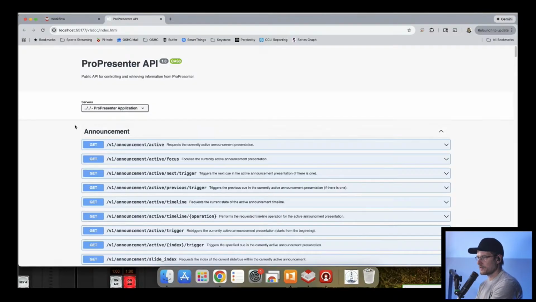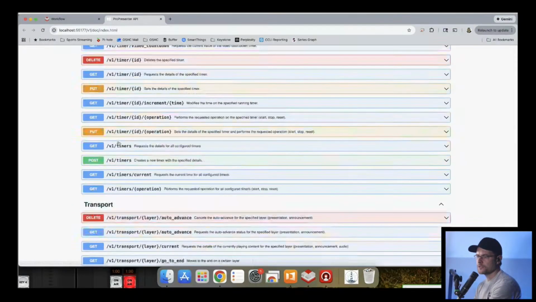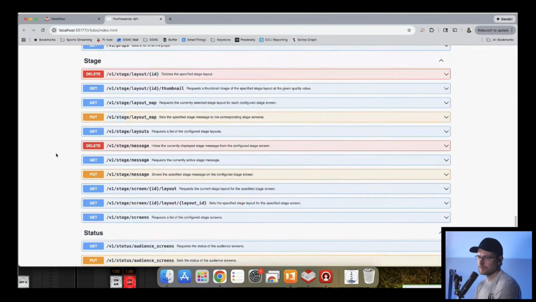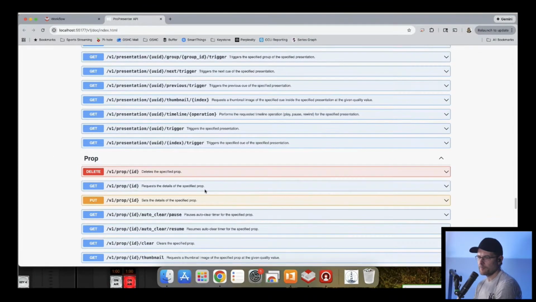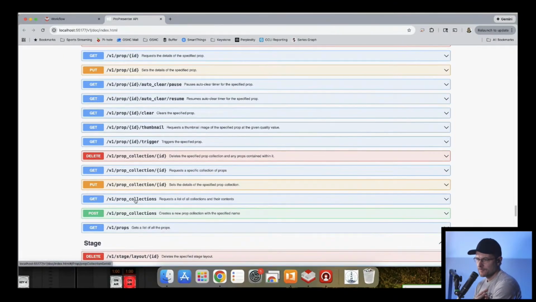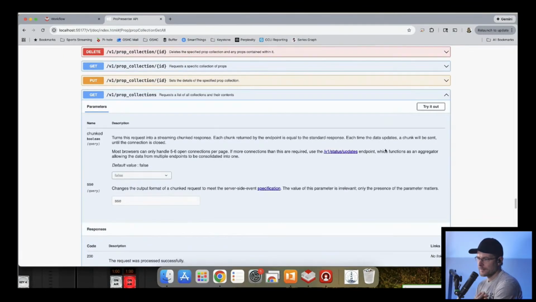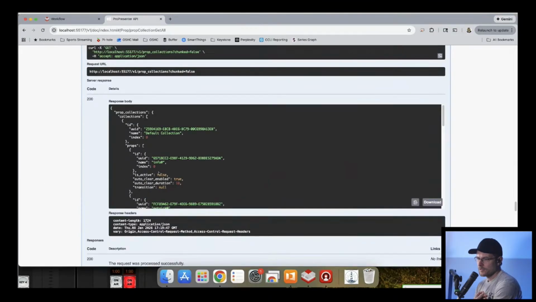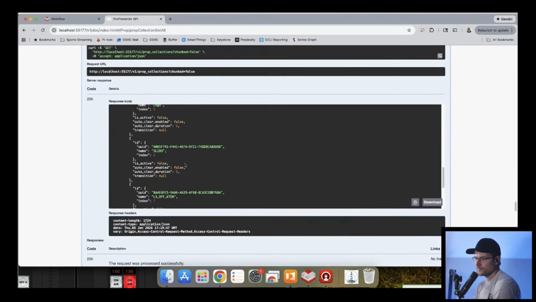And then we're going to go down to prop. Status, stage, prop. Here we go. We're going to say get prop collections. Try it out. Execute. Info. Here they all are.